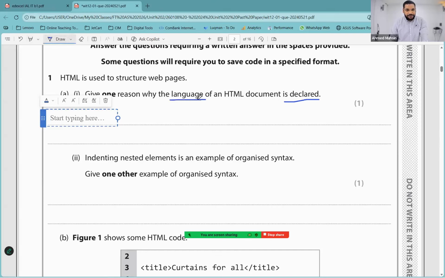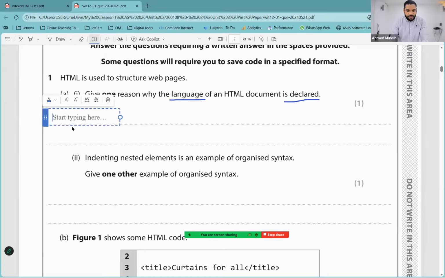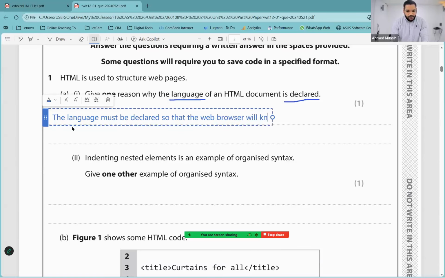They're not asking about HTML5, they're asking about the language. So you can say the language must be declared so that the web browser will know what language the web page